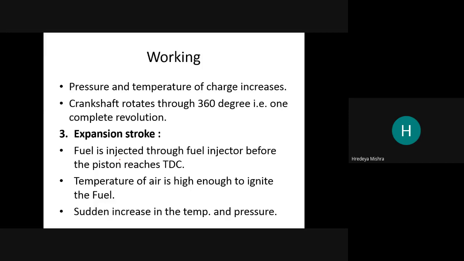After this, the spark plug ignites or produces the spark. Okay, but here fuel is injected through the fuel injector before the piston reaches top dead center, and due to the fuel injected in the compressed air,